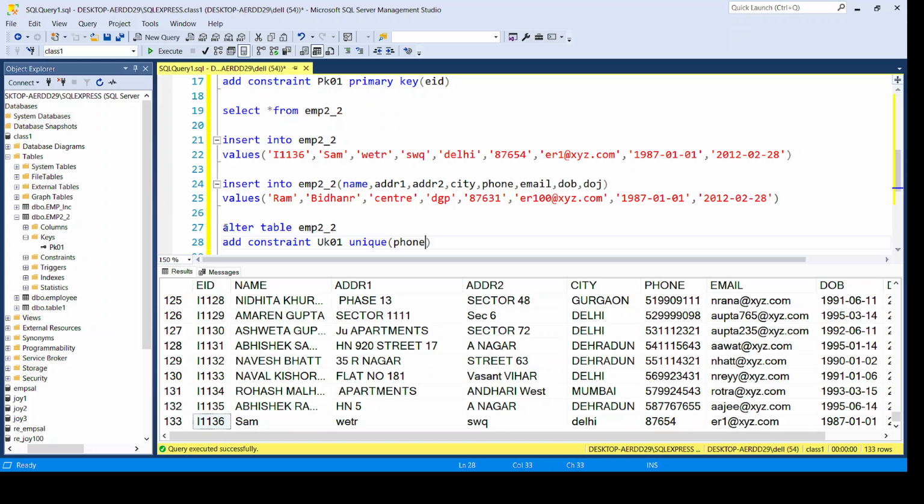So in the table emp2_2, you want to make a modification. What modification? You are adding a constraint. What kind of a constraint? A unique key constraint whose name is UK01. And on which column? The phone column, because we know that phone numbers are always unique. Two people cannot have the same phone number. All right, so after this, if you run it